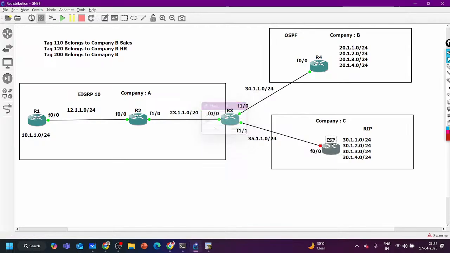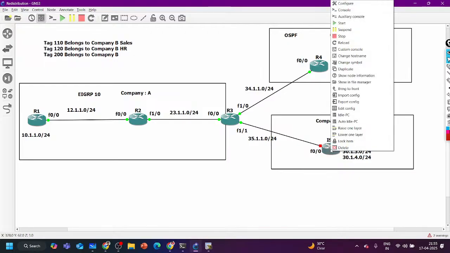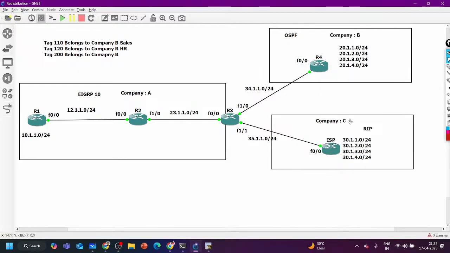Now, let's suppose this is the ISP router. This is the ISP, right? So towards the ISP, you will have one default route on your router. Here I am going to make a single loopback, 8.8.8.8. This is the internet, the service provider.